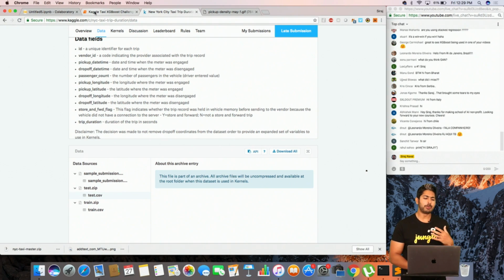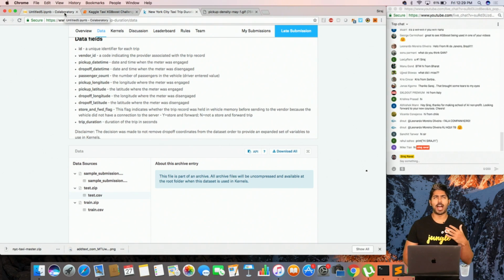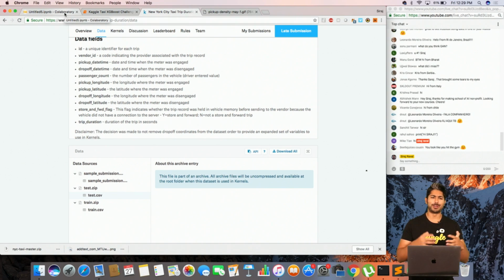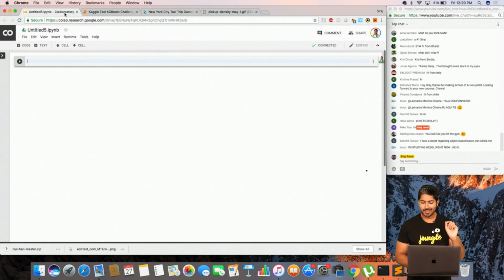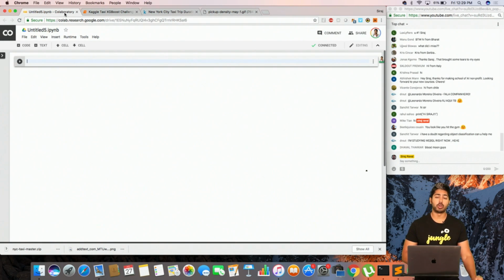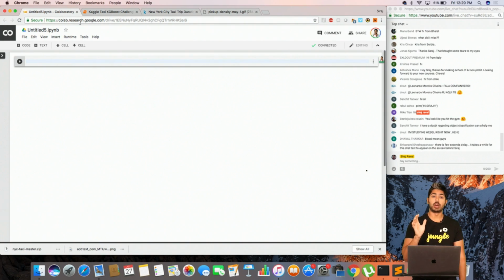Normally I would start up a Jupyter notebook and I would start coding and installing dependencies locally. But today, I'm going to do this in the browser. If you're watching this, what I want you to do is open up another browser window and type in colab.research.google.com. This is going to blow your mind, guys.